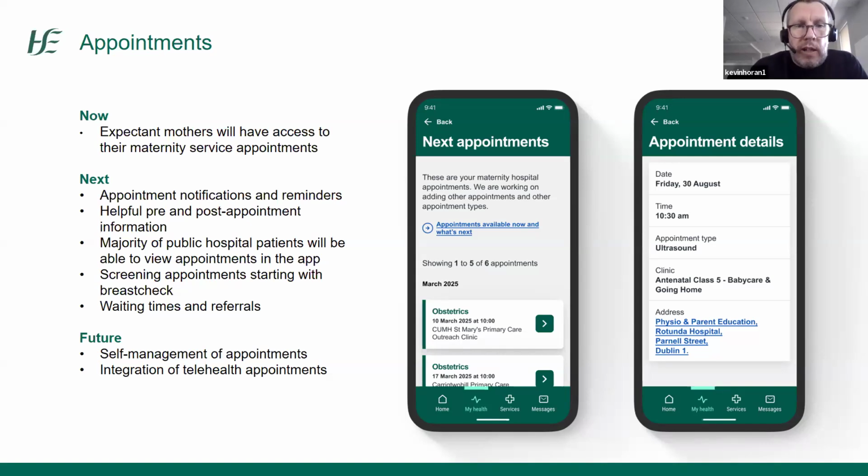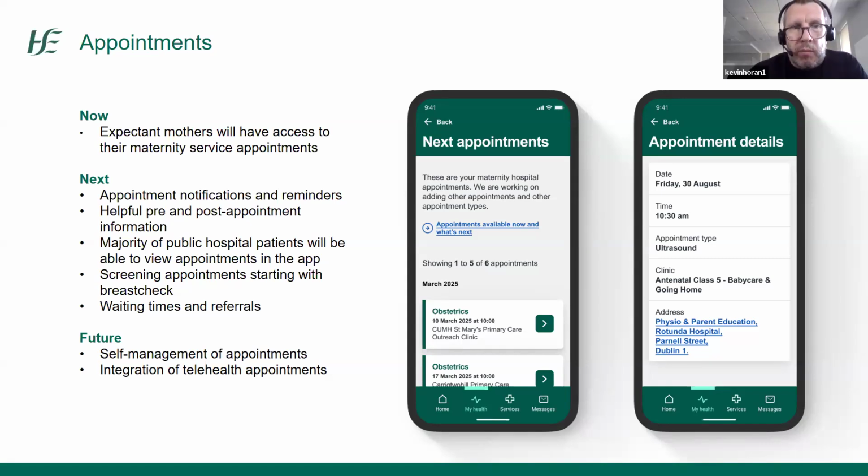So first, we extended out to different types of appointments within 3 of the hospitals, and we're going around then to the different systems and integrating appointment data over the course of the year. So it's a huge effort there around ensuring that we've got the right data quality to share appointments with people. But this is going to be a huge focus for us over the rest of the year.